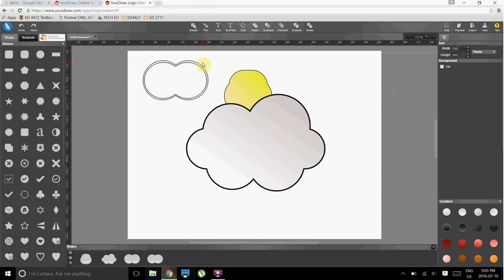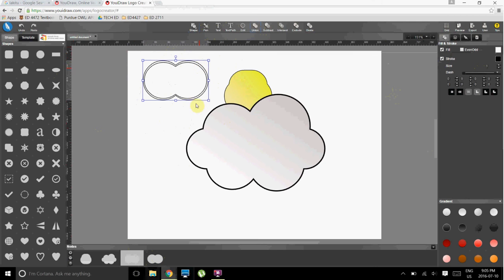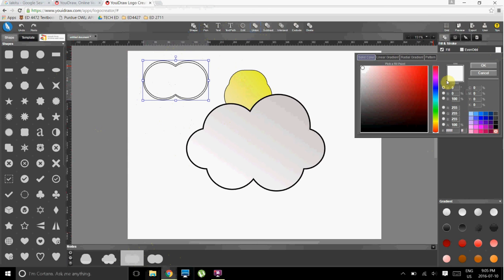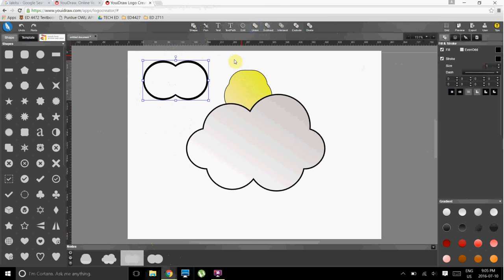So you want to go ahead and select the one in the back. Now you can just click on it, or to be sure you can go down here and click the 2 of these to determine which one's in the back, and make sure you have that one selected. Once you've done that, you can go ahead and go here to your fill color and change that to black. So now we have his glasses. So we can go ahead and hit Shift again and scale these